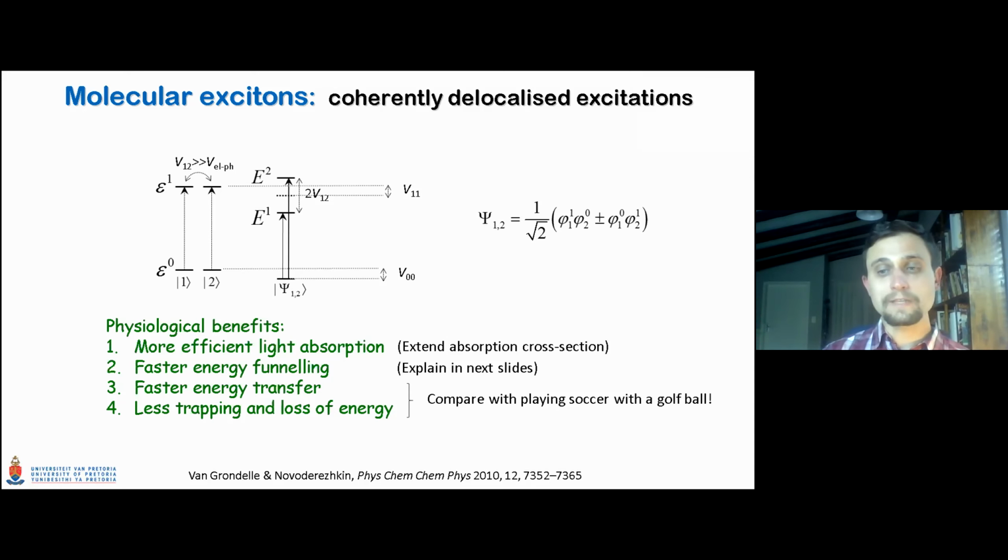It is because of the size of the golf ball compared to the roughness of the landscape. So very similarly, in these systems, you have the so-called energetic landscape, which is a rough landscape. And you have the size of the excitation, which, if it's confined to a single molecule, is relatively small and it can be trapped inside this energy landscape very easily. So when it's trapped, chances are great that it will be lost. And that is what happens in all solar cells that we try to make.